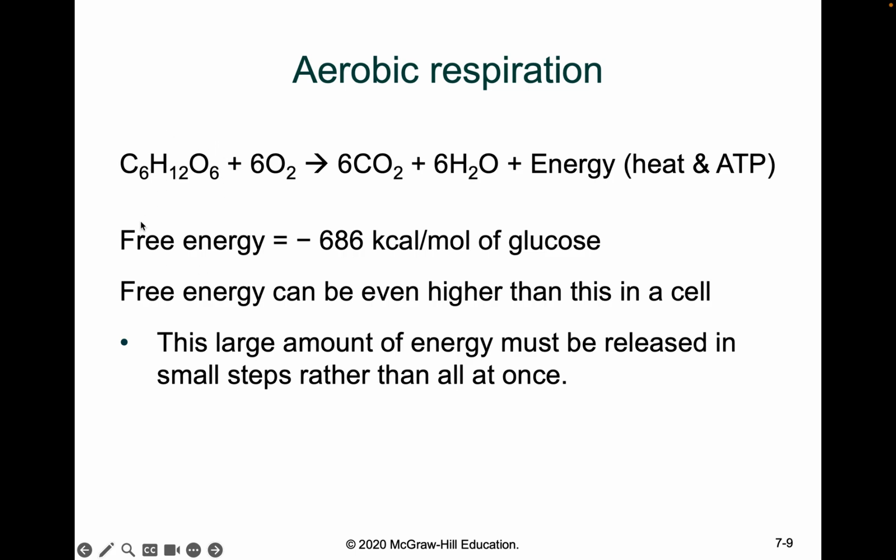And when you do that, you're releasing so much energy that a lot of it is going to be lost. So when you actually break a lot of energy, some of that is going to be lost. But it's more efficient if you do it step by step, because if you do it step by step, the breaking, you actually minimize the loss of energy.